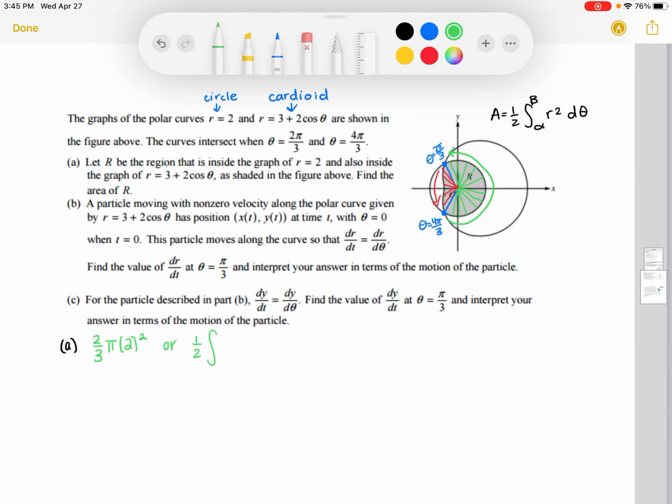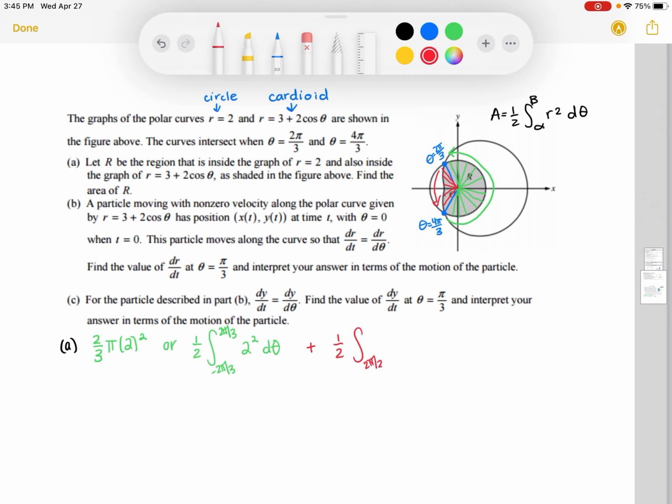So we're actually going to call 4 pi over 3 negative 2 pi over 3 because that makes more sense. And then to positive 2 pi over 3 of r squared, which is 2 d theta. So either of those expressions will give you the area of that green section. And then the red section, we have to add on, that's 1/2 the integral from